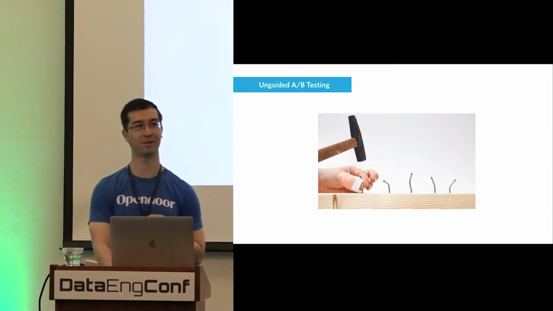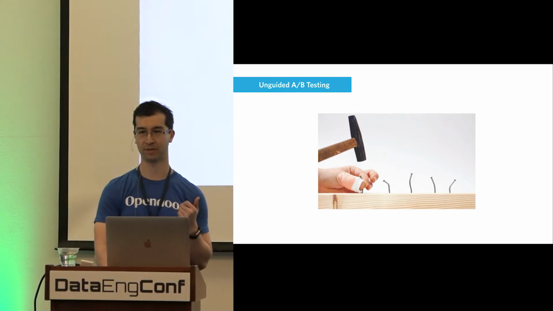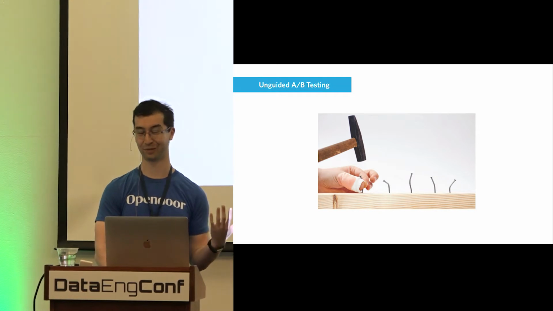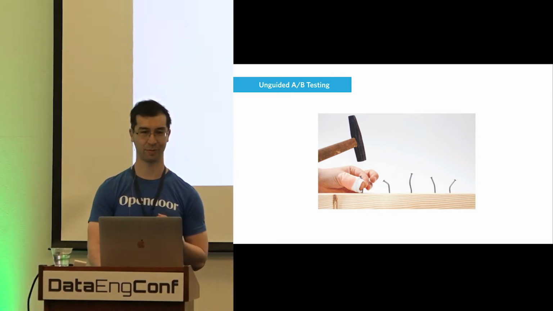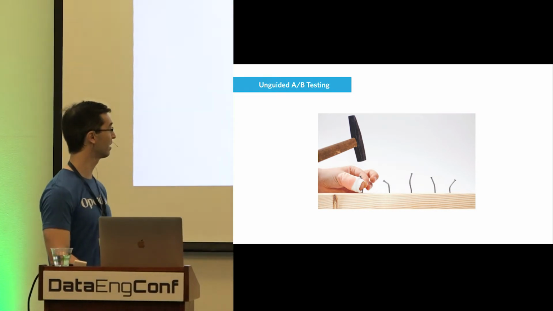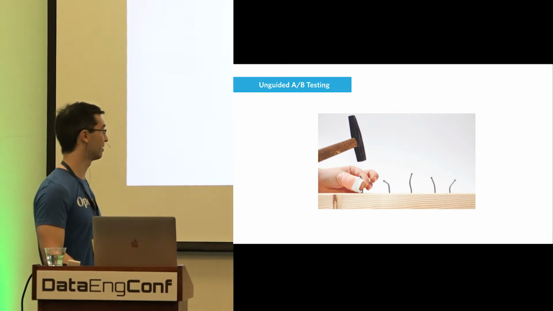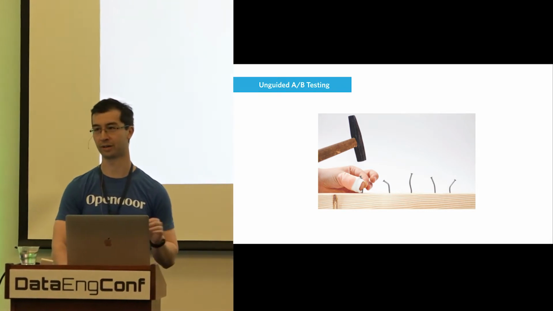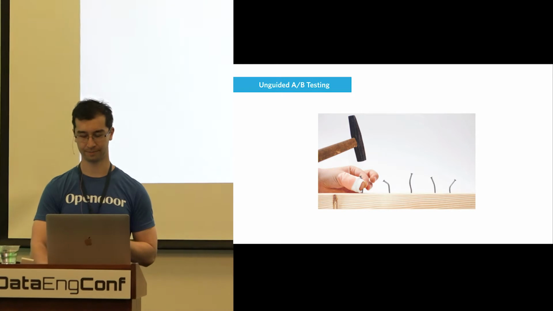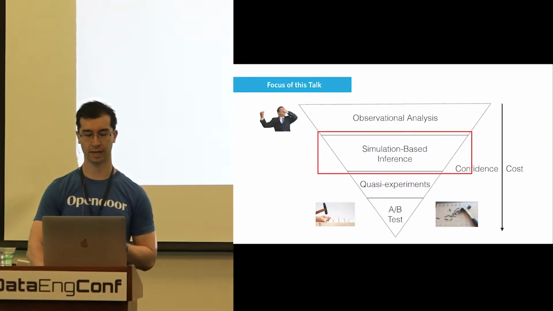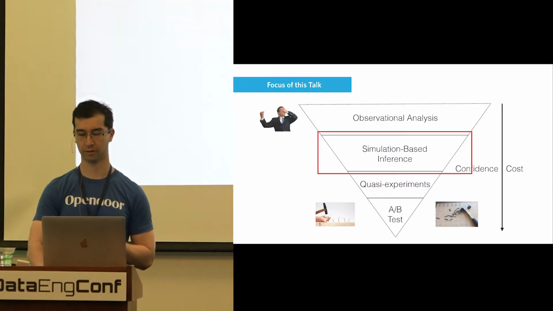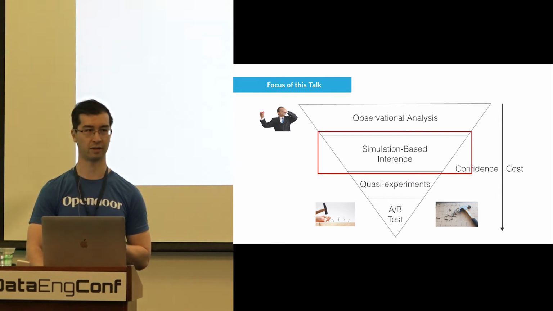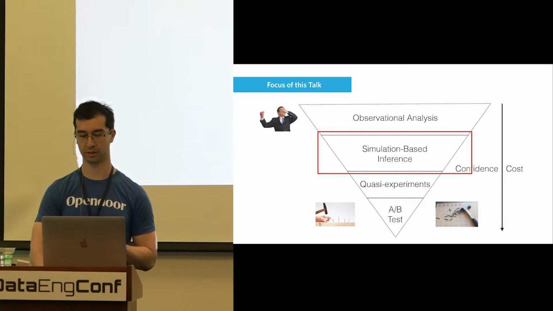I think a lot of people have in mind, with the hammer of A/B testing, you imagine you have this picture of beautiful straight nails. But for most of us, I think this is what you end up getting. They're bent in various ways, and you could always do better next time, and you have to try again. So you can imagine a pyramid of causal inference, where as you go down the pyramid, you get increasing confidence in your results, but they come at increasing cost.